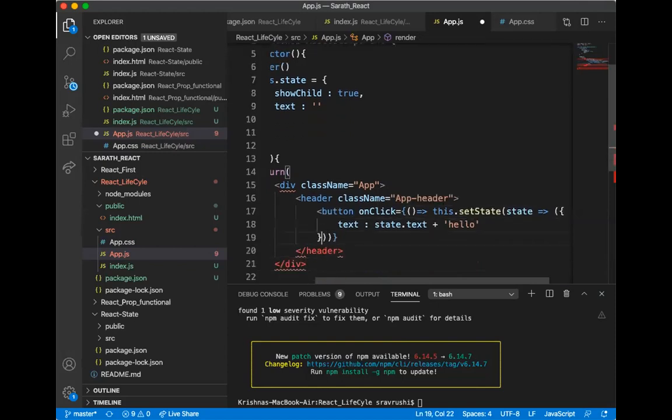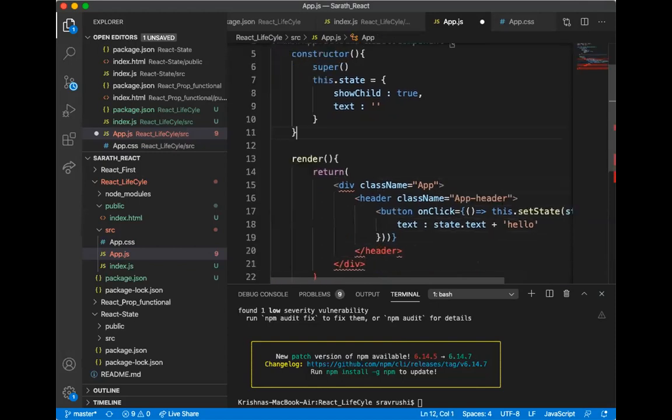So whatever the earlier state we have as empty, I am going to use one more state here. On click of the button, the state of the child should be changing. Okay, so on click of the button the state should be changed to hello, like that. So here I am giving some update text.